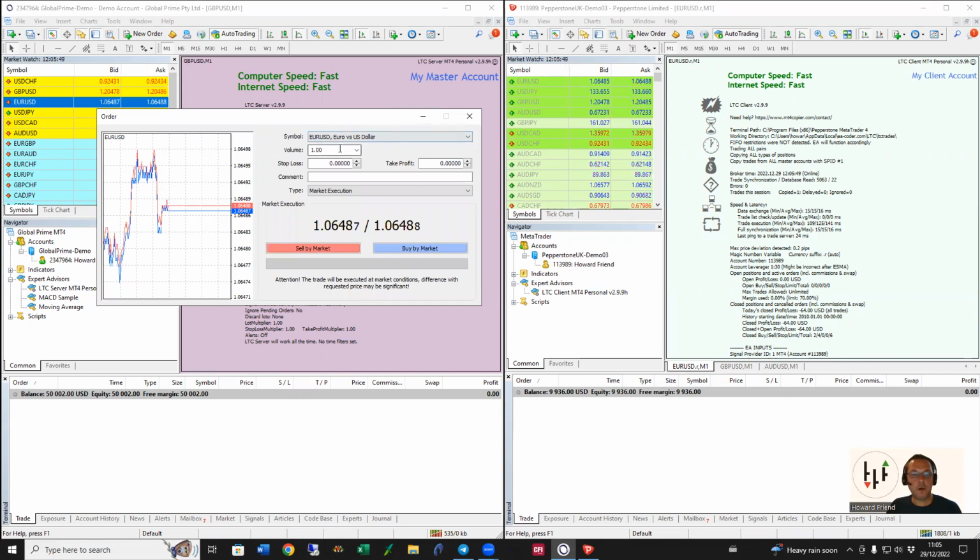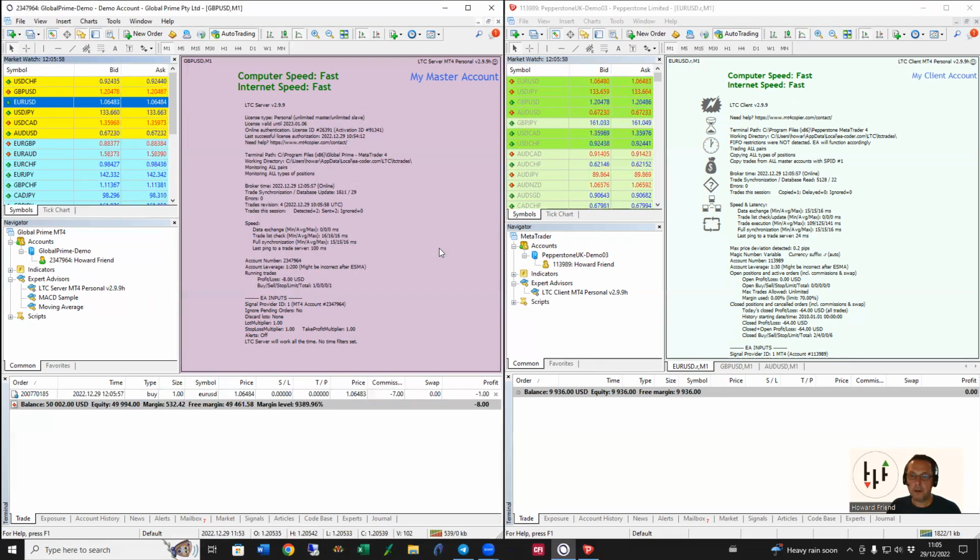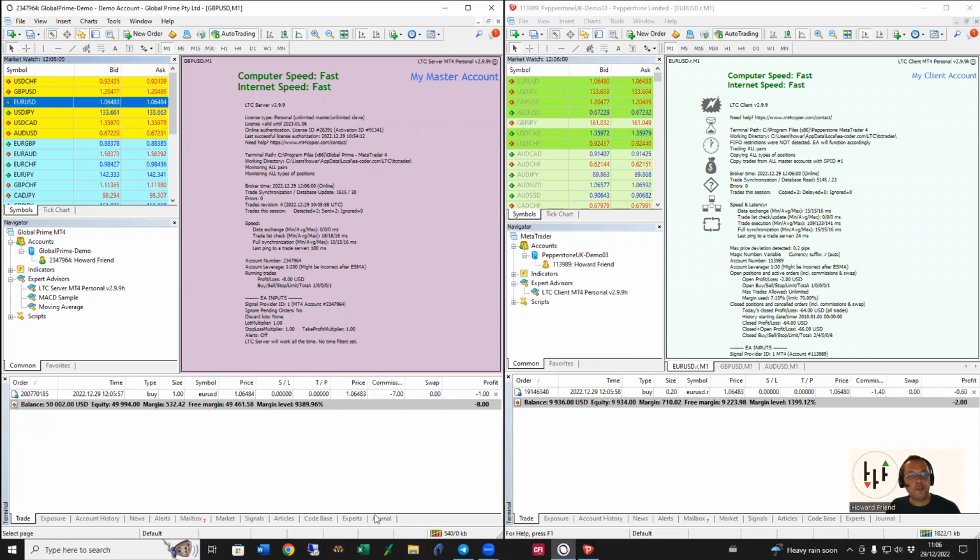So we've got euro dollar, one lot. Let's buy one lot of euro dollar and watch what happens on the bottom right screen on the Pepperstone account when I do it. So you can see instantly when a trade hits my account, a system trade, it will go directly to your